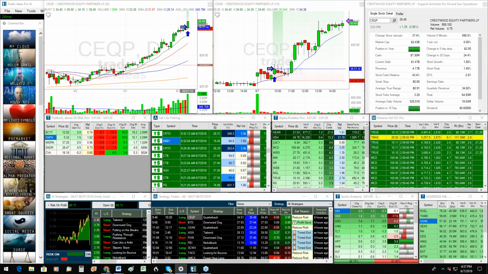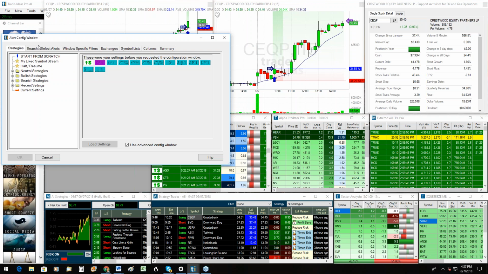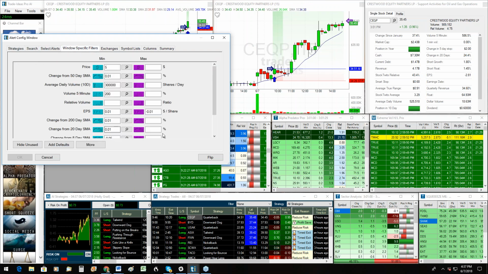All right, guys. If it's an A window, remember it has to have an event, which is an alert. In this case, let's dissect it and dive into it and see what we have here. The name of the alert is above all SMAs, so that should give you a hint of what the premise is. The alert is simply a new high, and the filters are